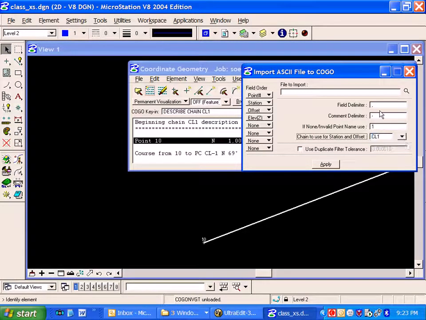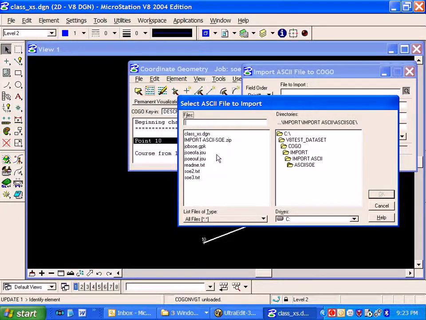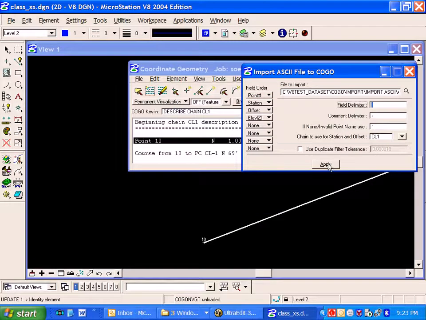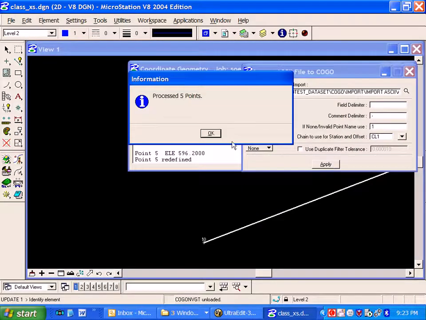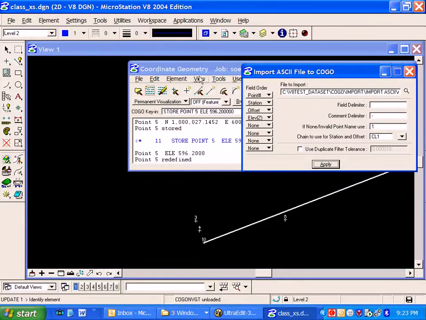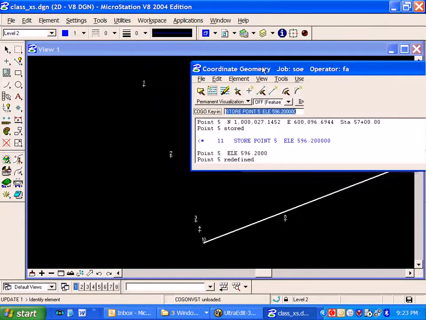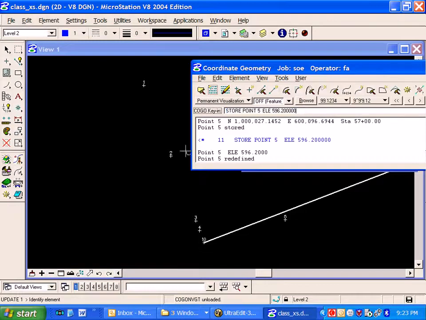The reference chain will be CL1. The field delimiter we will set to space. Delete the comma and press the space bar. And now we will select the ASCII station offset elevation file. Press apply, process, press OK, and the points appear on the screen at the proper station and offset, and at the same time elevation. The points will have coordinates XYZ in the GPK